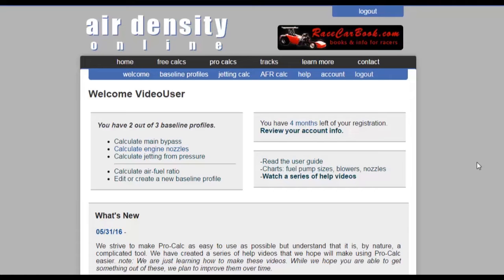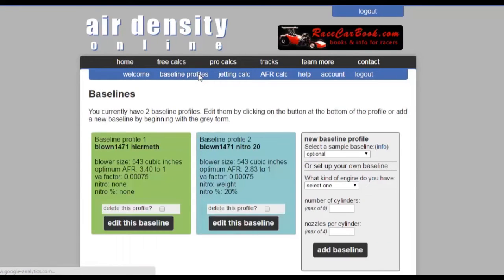We're going to demonstrate the addition of nitro to a blown methanol racing engine. This is our ProCalc calculator, and we already have two baseline profiles in here. One is for a methanol engine that we've been running, and the other one is for a 20% nitro engine